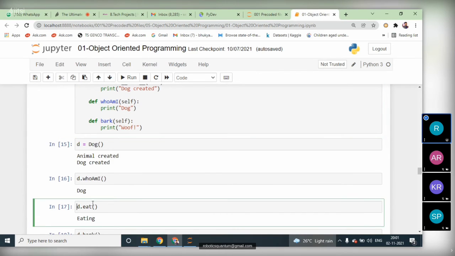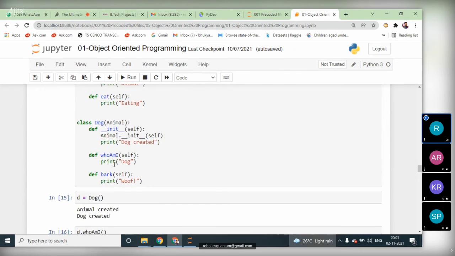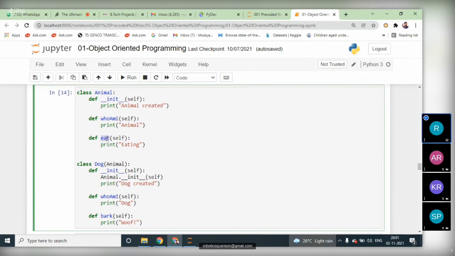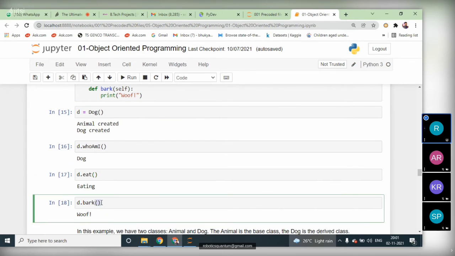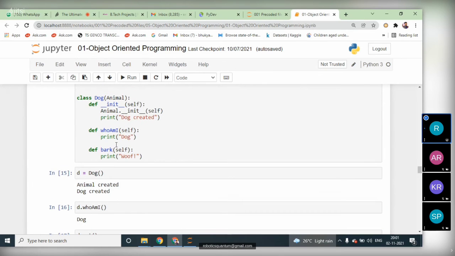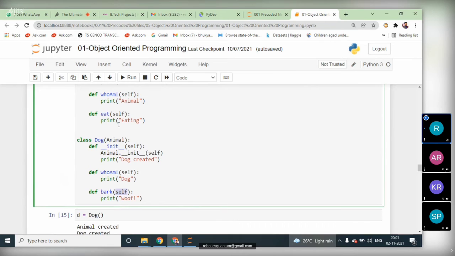See, that's why the eat method is not there in the child class, but in the parent class we have it. So with the help of the object reference variable of D, it will automatically be executed. That's why eating is executed. When you call bark, only the child class has that bark method. We don't have the bark method in the parent class. That's why this will be executed. When we have different methods, the priority is decided only if both are the same, or else either the parent class method or the child class method can be executed.